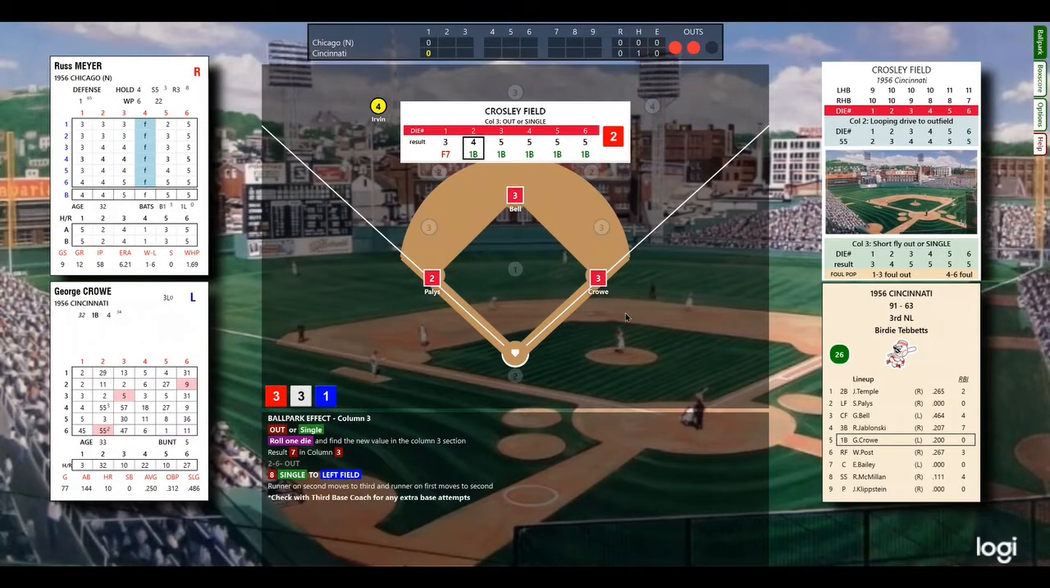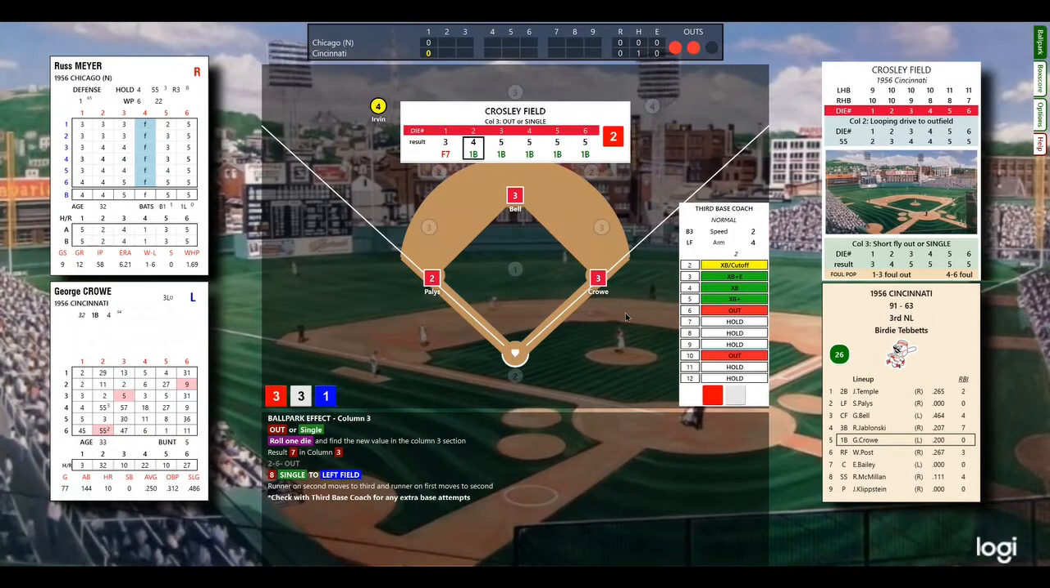That loads the bases. We're going to check with the third base coach as we roll to see if Palas can get an extra base, and he does. So Big George Crow singles in the first run of the game, an RBI single for Crow. 2 outs, men on first and second, as it's now 1-0